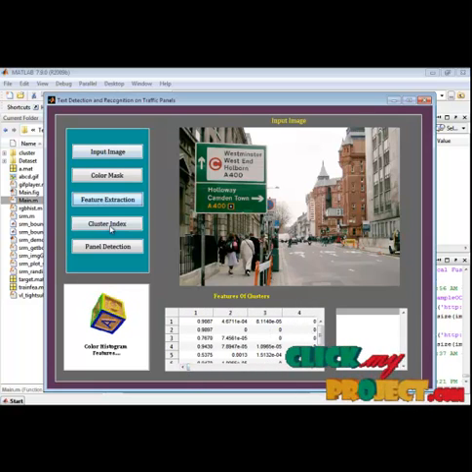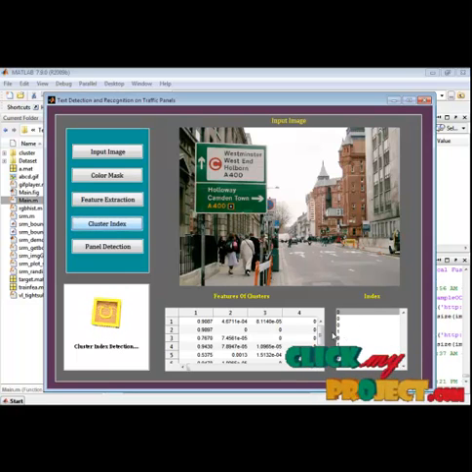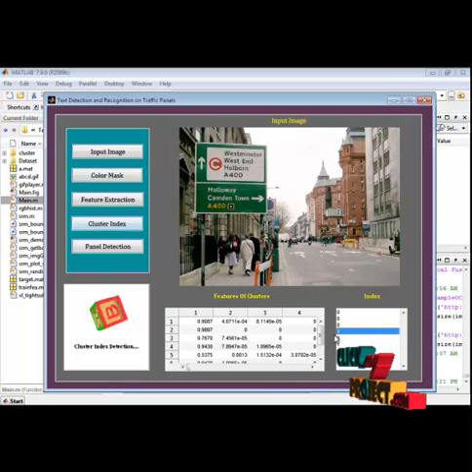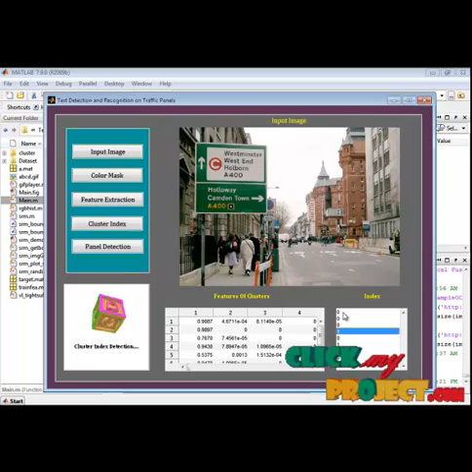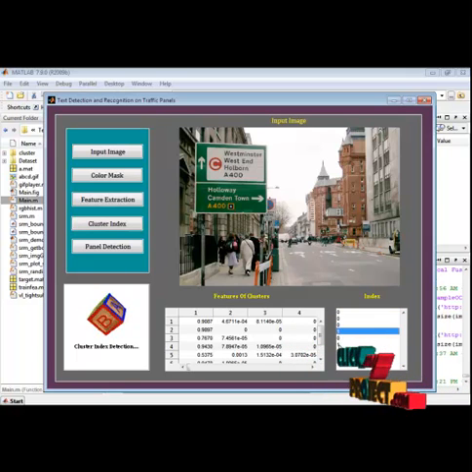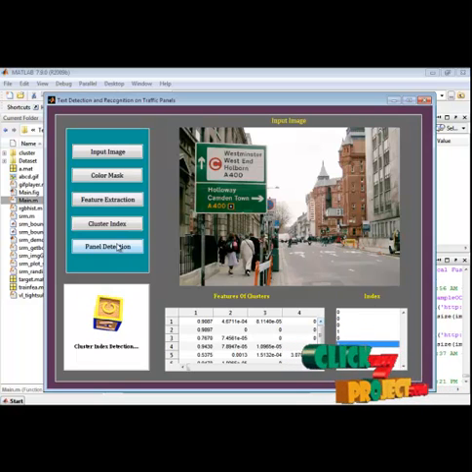After that, we go for the cluster index. For identifying the cluster index, we have used the SVM classifier. It will predict which cluster contains the panel, which is predicted as 1. If it is non-panel, it will be predicted as 0. That 1 value will be taken for the process. Based on that, we detect the panel.